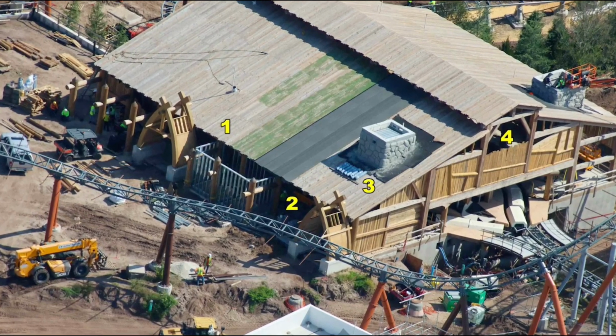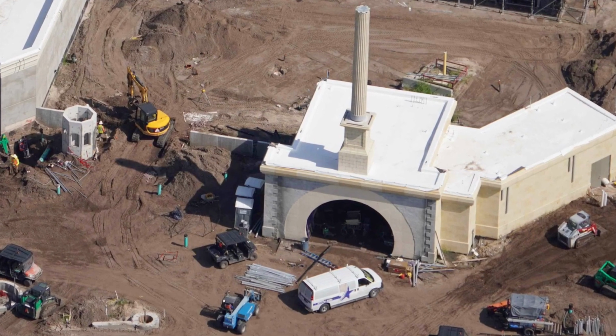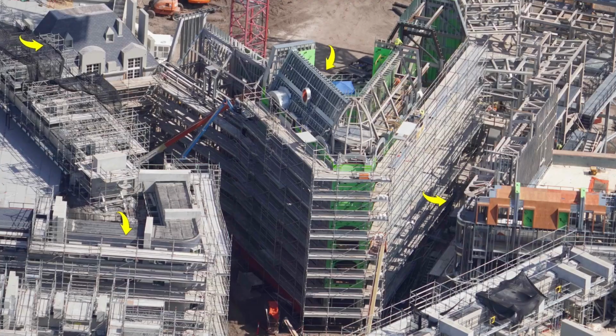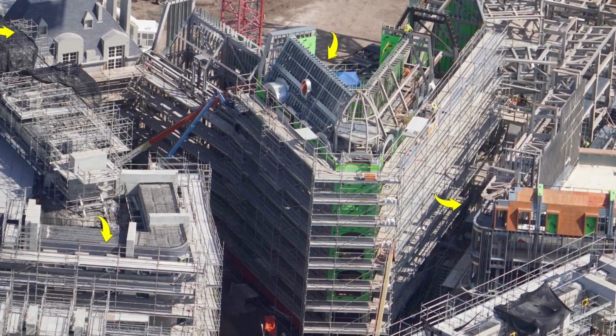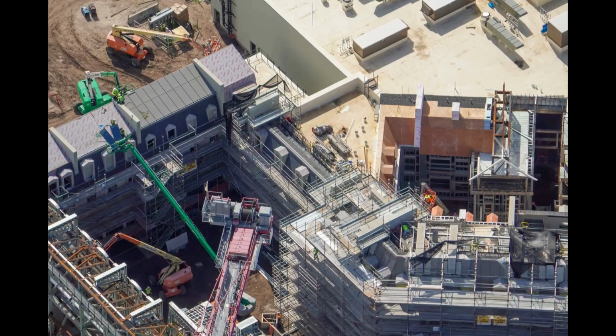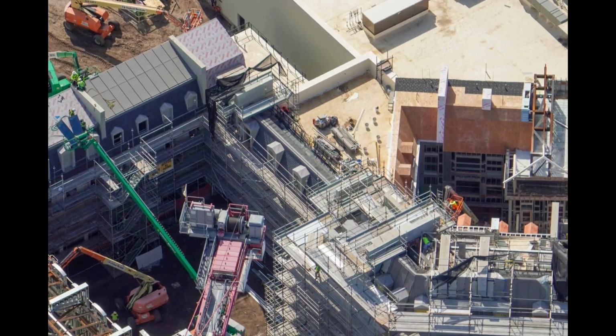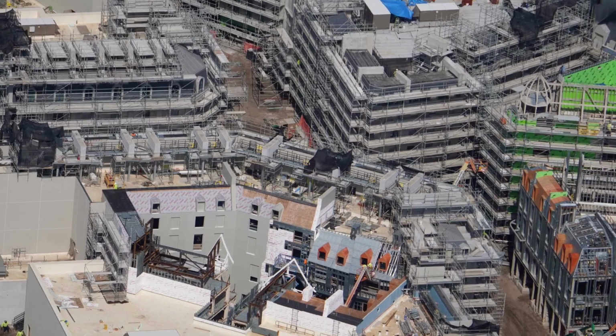Over in the streets of Paris and the Wizarding World at Epic Universe, at the entry portal there is some rockwork being done on the edges, as well as more windows found inside of the land, and roofing work is being added, as well as scaffolding being pulled away from the facades inside of where the service restaurant will be,